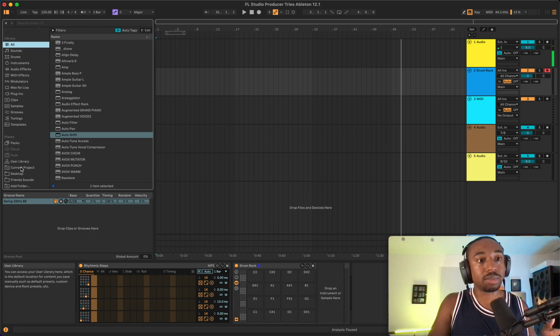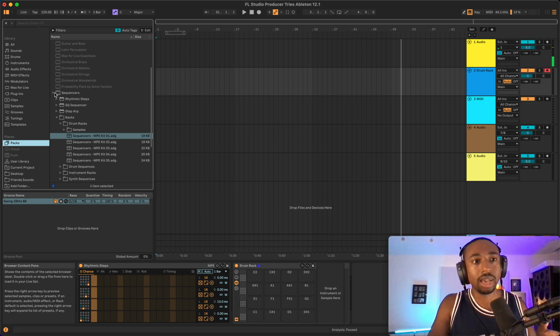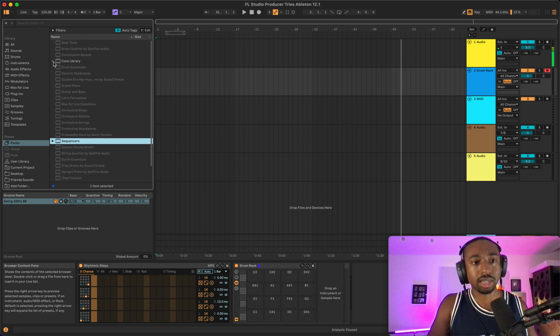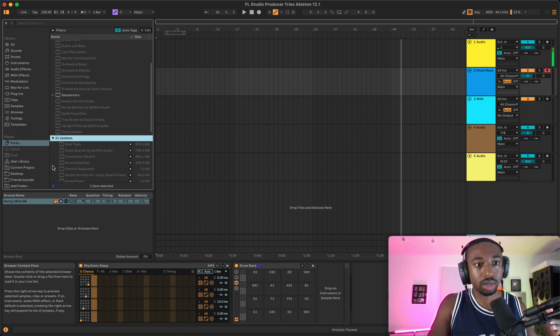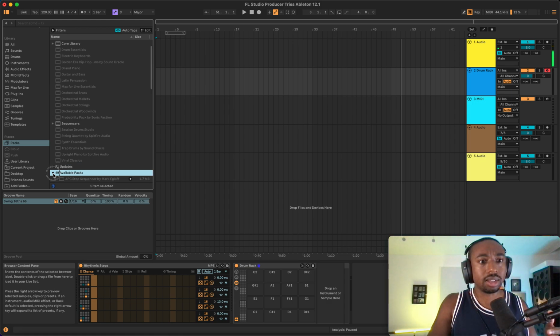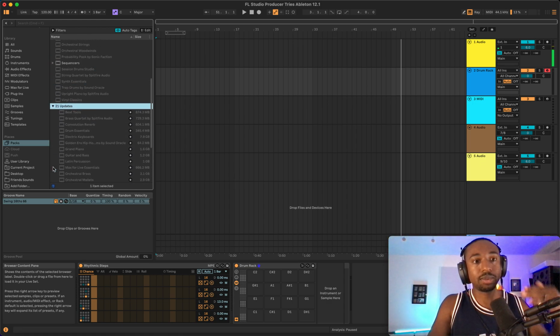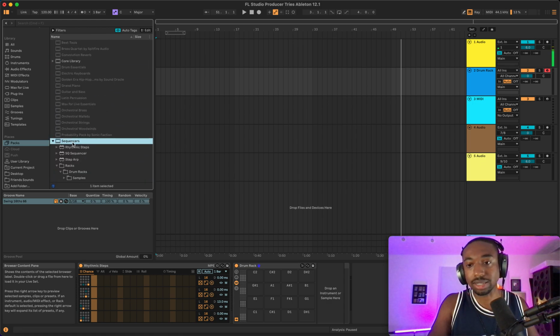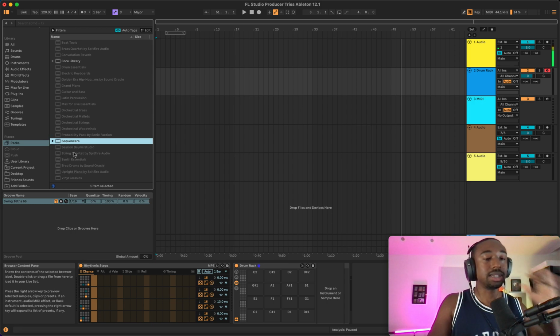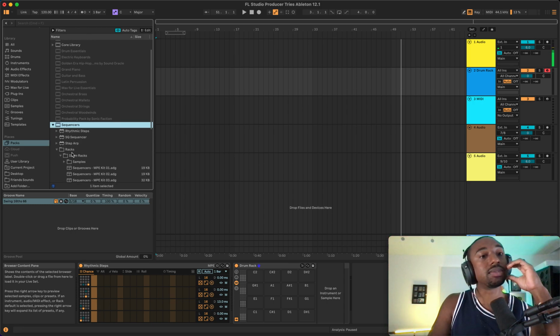Also, to find the sequencers update, go to Packs and look where it says additional or whatever. Here it is: updates, and available packs or updates, one of those tabs. Then look for where it says sequencers and download that. Okay, for the longest time, nobody was making sense of how to do this stuff.